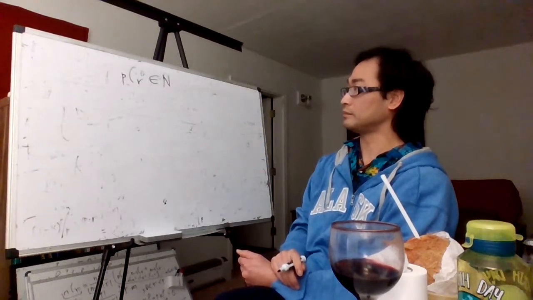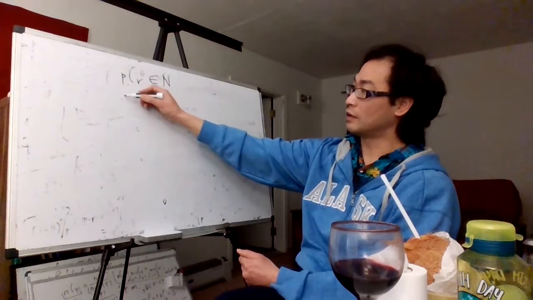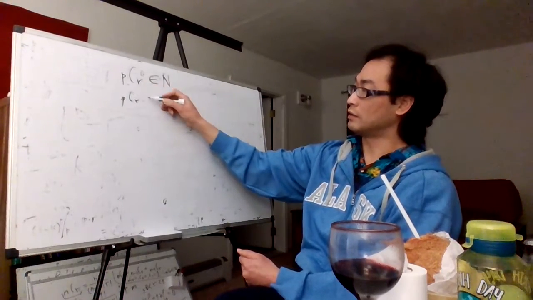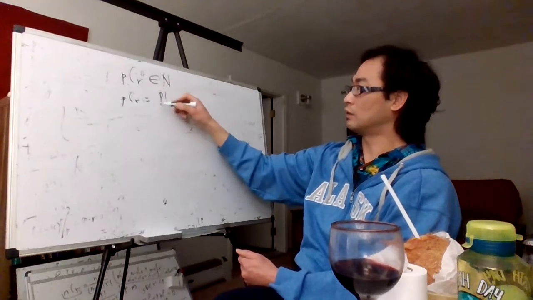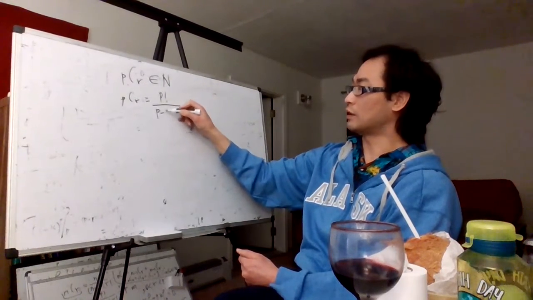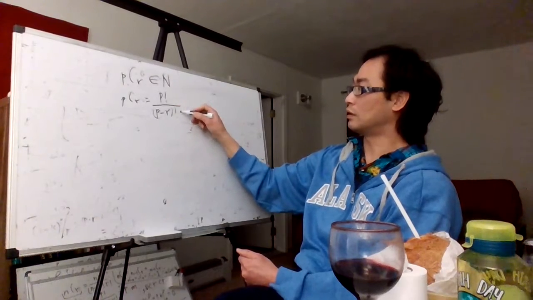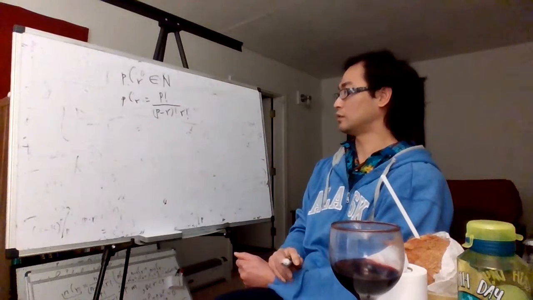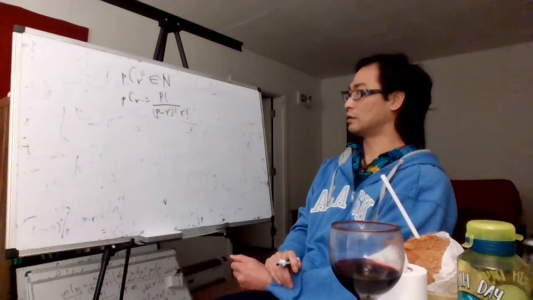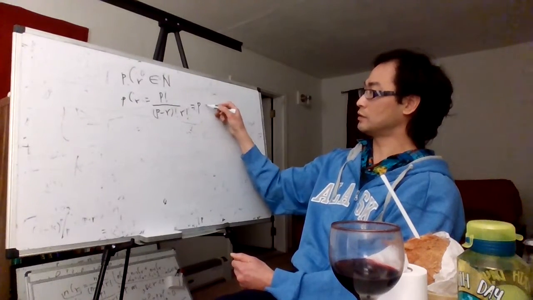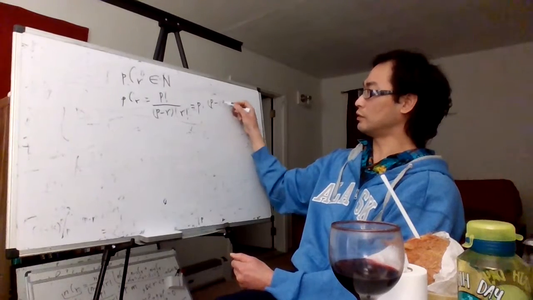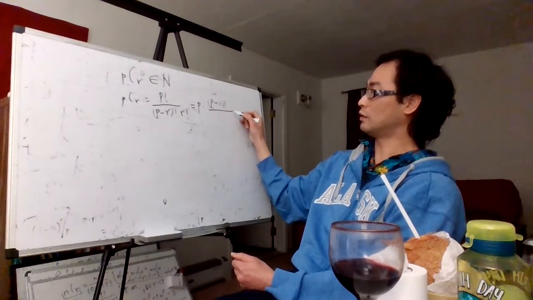Now, PCR is equal to p factorial over p minus r factorial. Okay, so just the formula, right? Which is equal to p times p minus 1 factorial over,